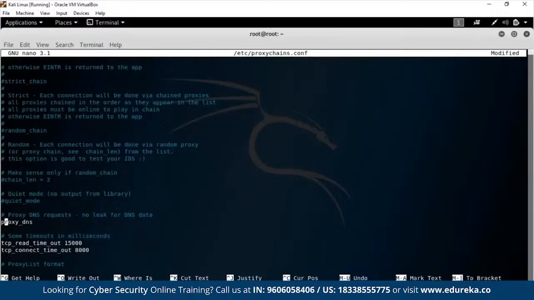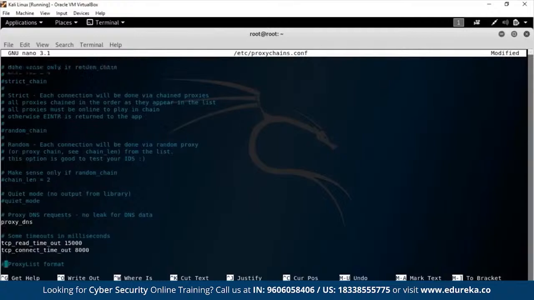No problem. But you do not want that happening, because your local DNS server will be discovered, and that is information that can be used in order to figure out your personal IP address. And when that is done, your physical location is pretty much compromised, and that's a no-go. You definitely need proxy DNS here. It might slow you down a bit, but without that, you're practically not anonymous, and it's just a matter of time before somebody finds you.